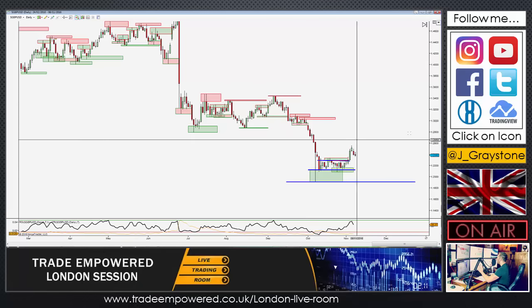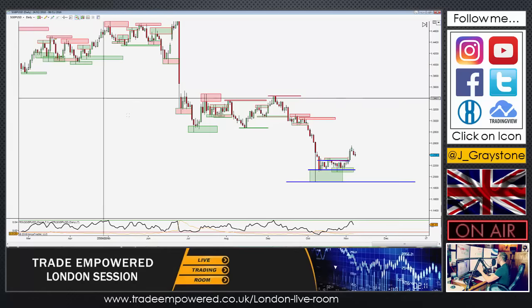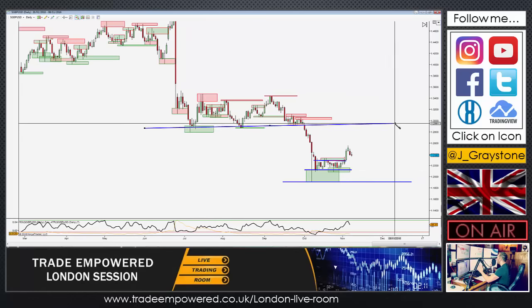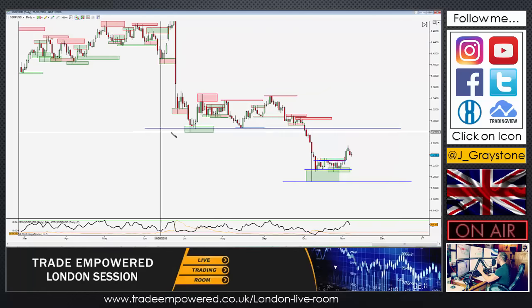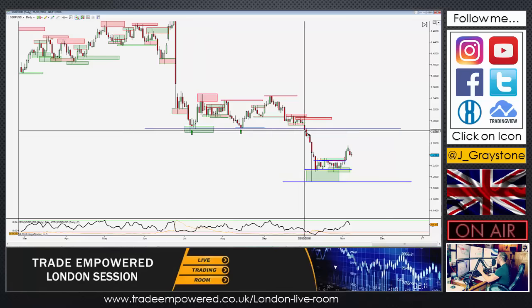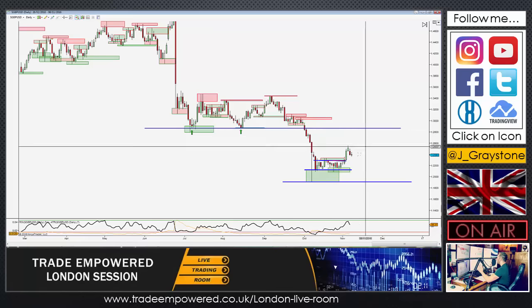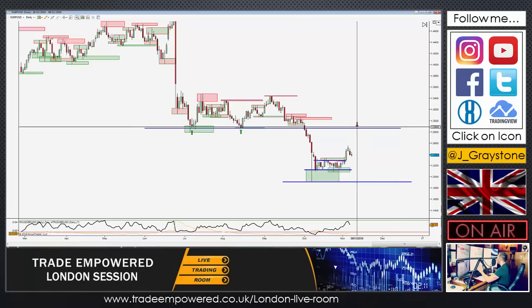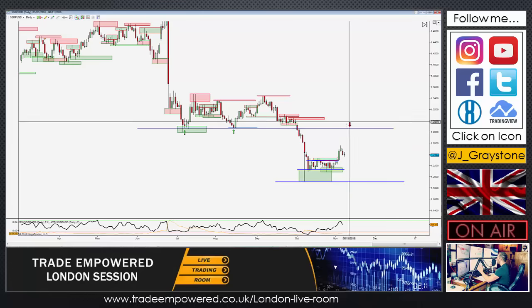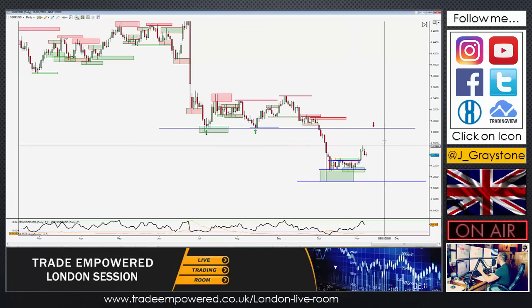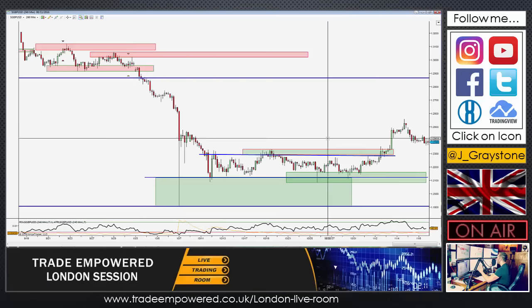We have seen a bullish breakout of this level. The underlying trend is bearish. What we saw was we held this level, support, broke down, and if you are looking to buy this market up, this would be an area that I'd be mindful of. If you're looking to play this, I'd expect some sell orders to kick in around this area here. As we drop down the time frames,